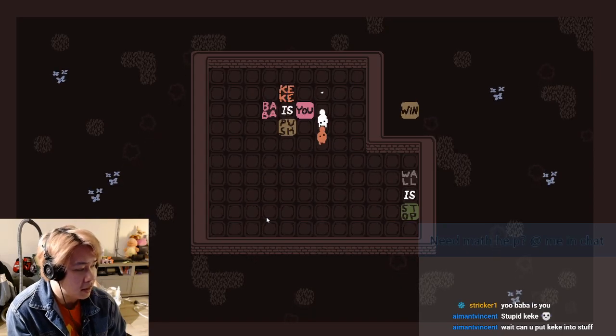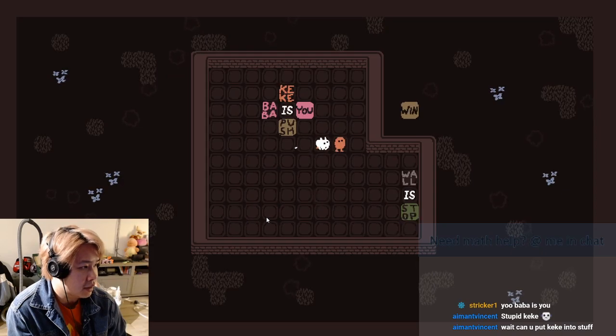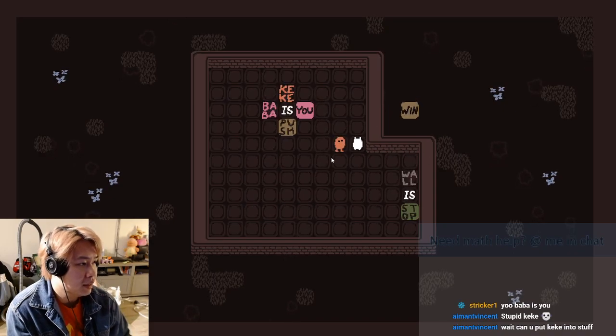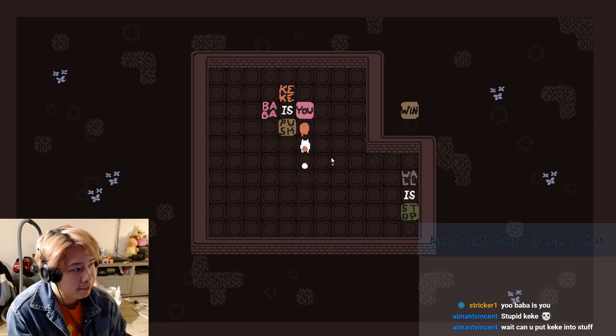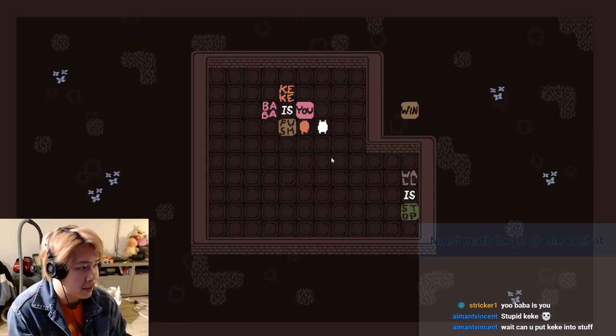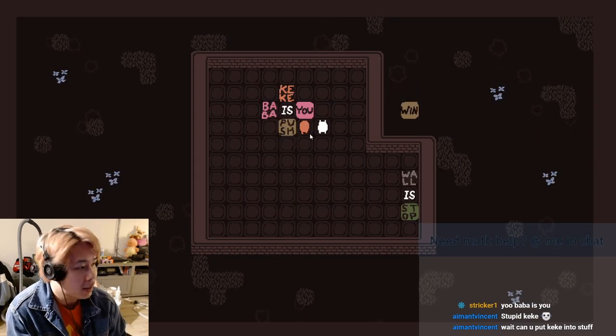Can I put Kiki into stuff? Like into words or into objects? Because the wall is stop, then I can't push anything into a wall. And then this is another thing. Okay, I have a feeling I'm sort of getting somewhere. So while Kiki is push, wait, I don't even know if this is true. Hold on. While Kiki is push, that means that when I push it,